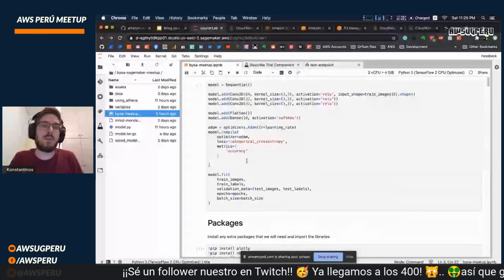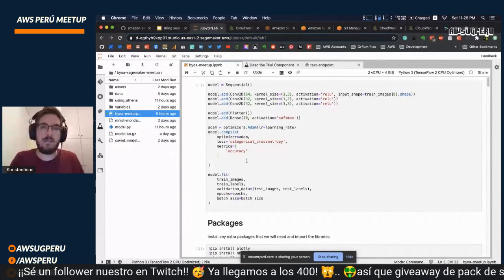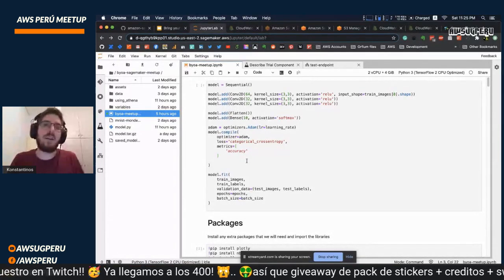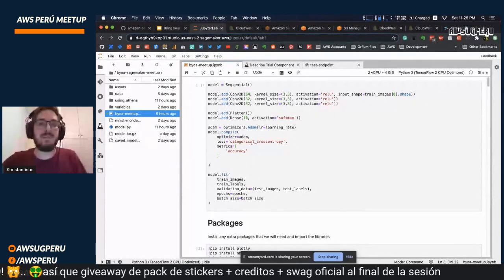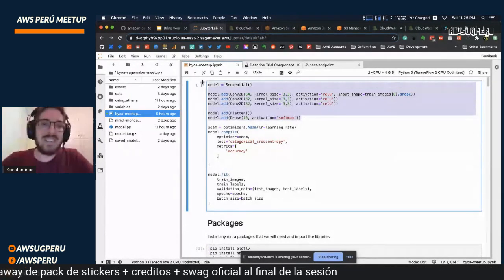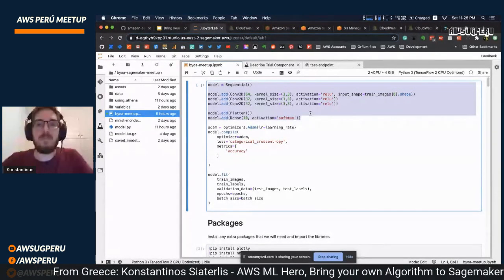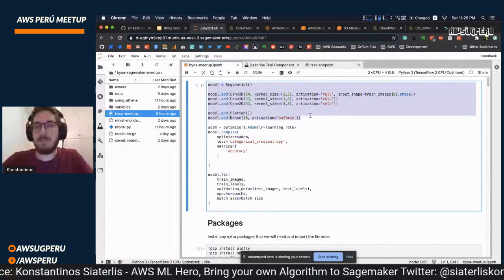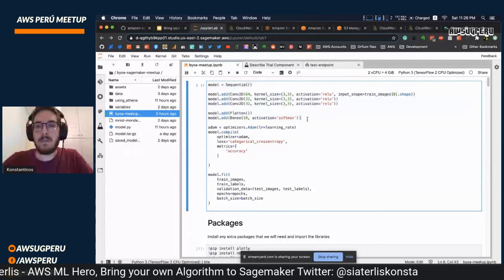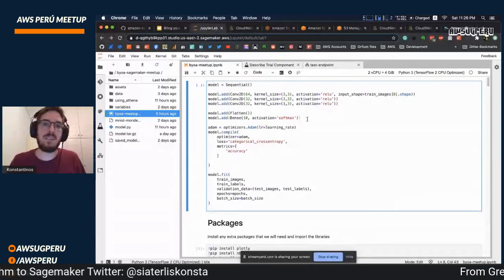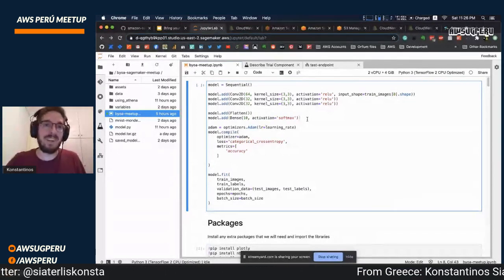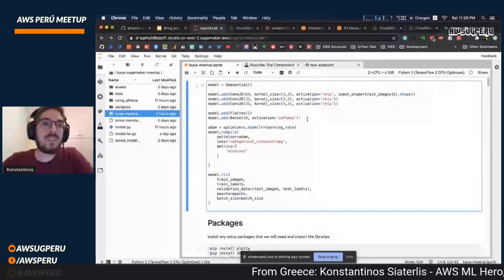And we're using a very popular dataset, which is the Fashion MNIST dataset. I know this is not a specific problem, but for the sake of the tutorial, yeah. So my model is pretty simple, but let's say I want to train it on 15 million images. That needs some power. So that's what we're going to do.